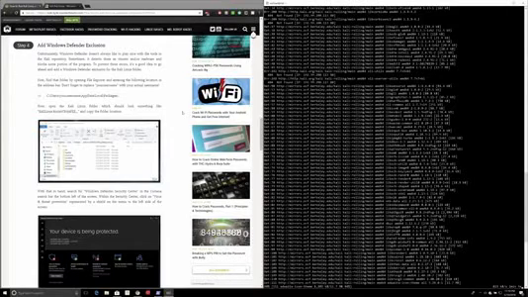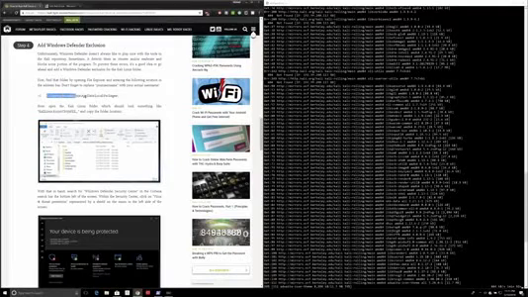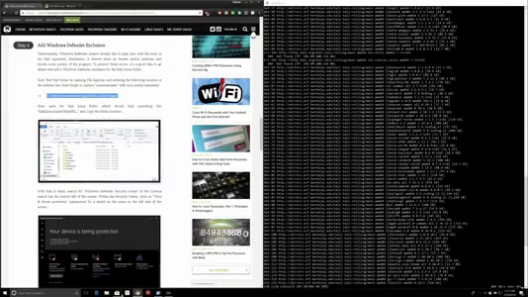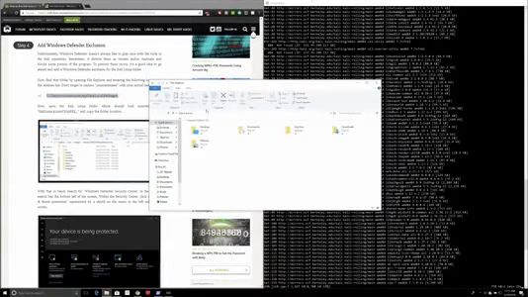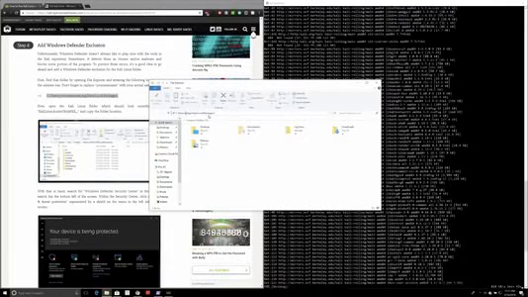So you just want to go over to the article and go to step 4 and click this file location and copy and paste it, and then open a file explorer. And up here in the address bar, paste it, and then replace your username with your username. So here I'm using mine, Michael,